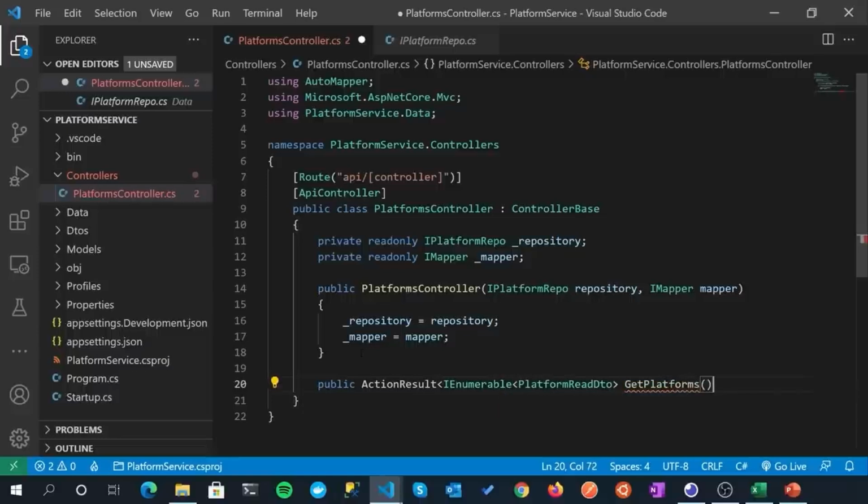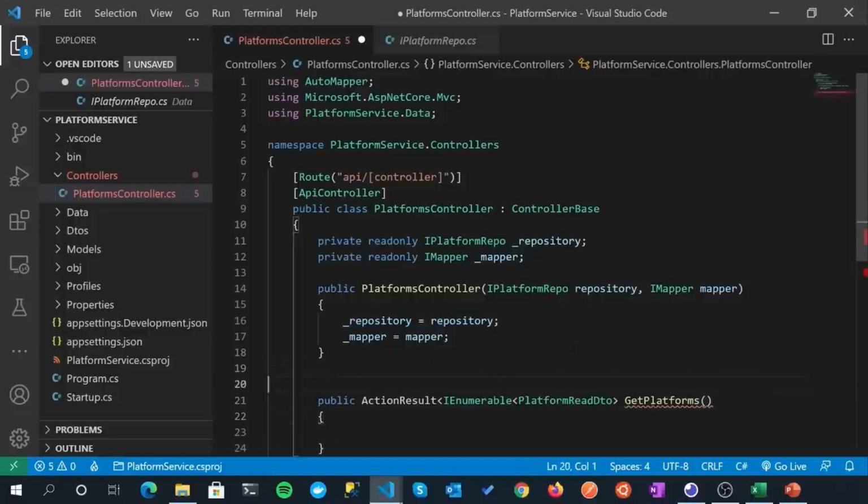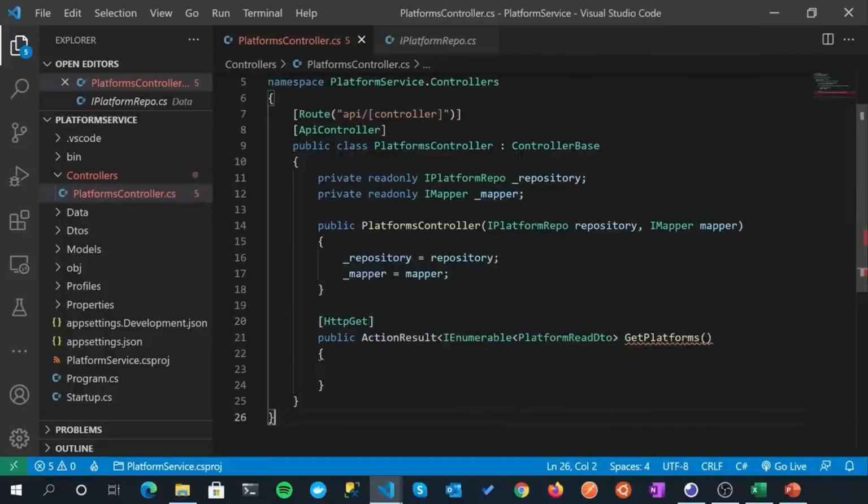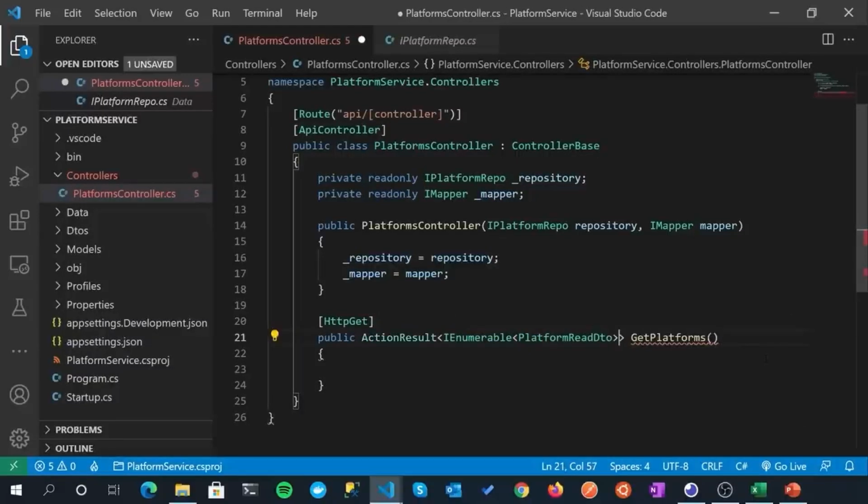Okay, so we're not passing anything in, we're not passing in an ID or anything like that. And yeah, that looks okay. And we're going to decorate it with a verb HTTP get. There we go. So let's save that off. Now, I'm surprised, I think I've made a mistake. Let me just put this other bracket in and then I'll probably get some complaints. Just finish that off.